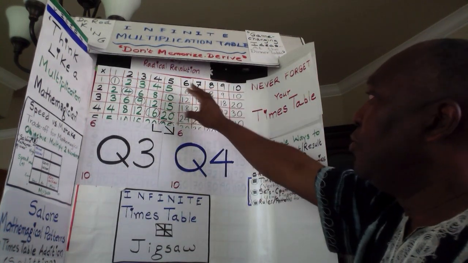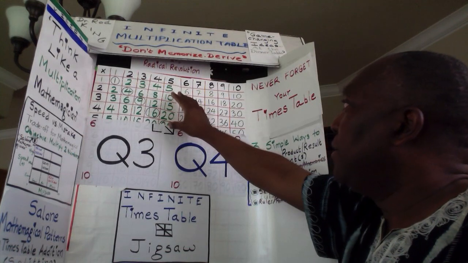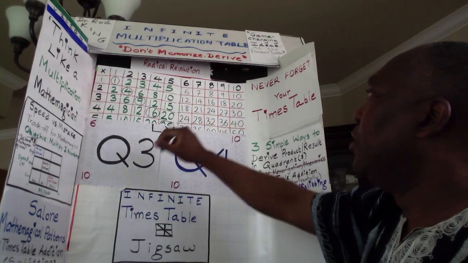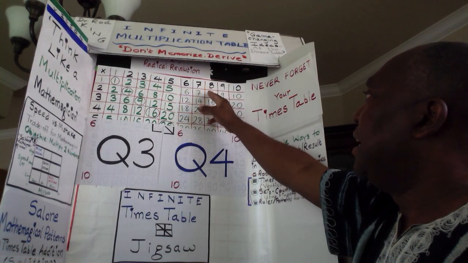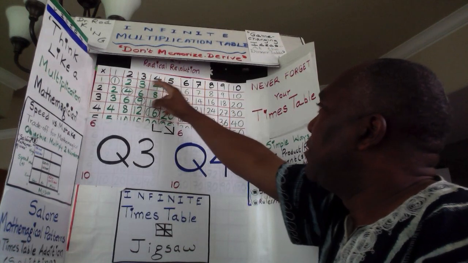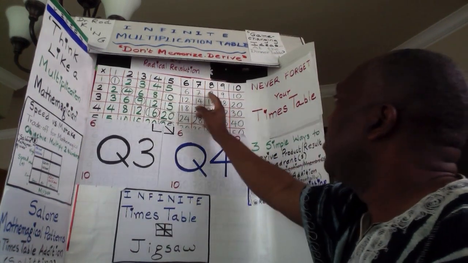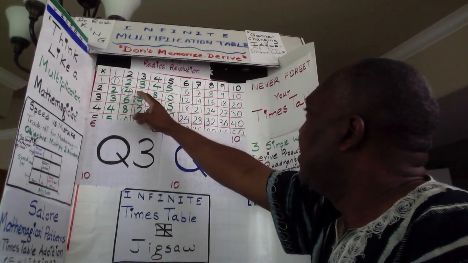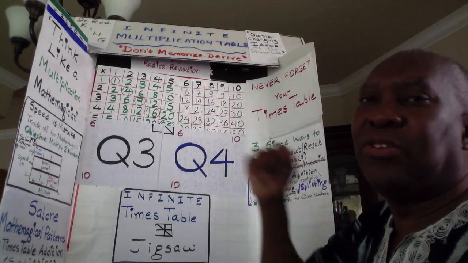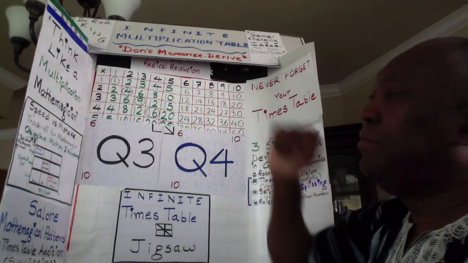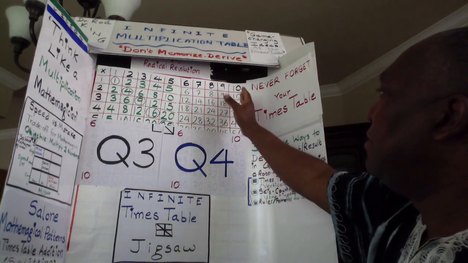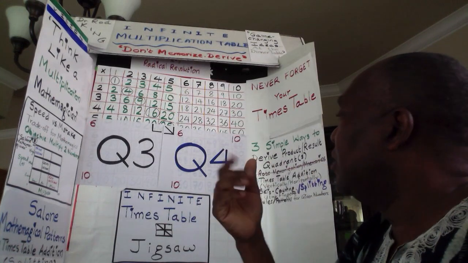I like to use 5 because 5 is a big number, and then you can use another small number for it. For example, 8 times table can be said to be 5 times table plus 3 times table, so 5 and 3 give you 8, 10 and 6 give you 16, 15 and 9 give you 24, and so on.